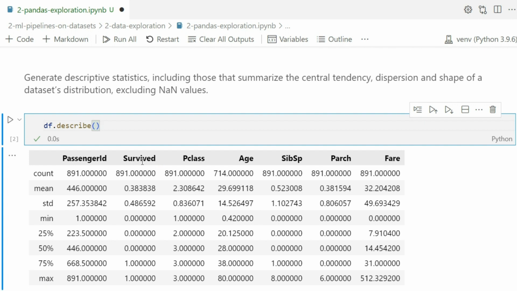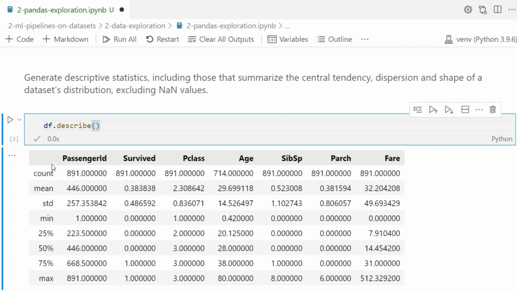Usually Titanic is used in classification, and you want to see how these features determine an end result: passengers who survived or not. You see here this survived column, very frequently used for this classification.